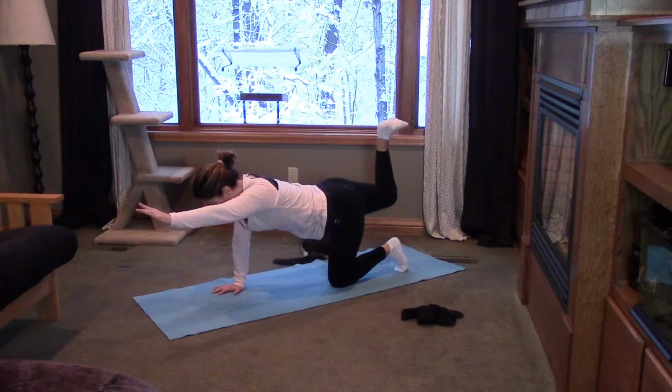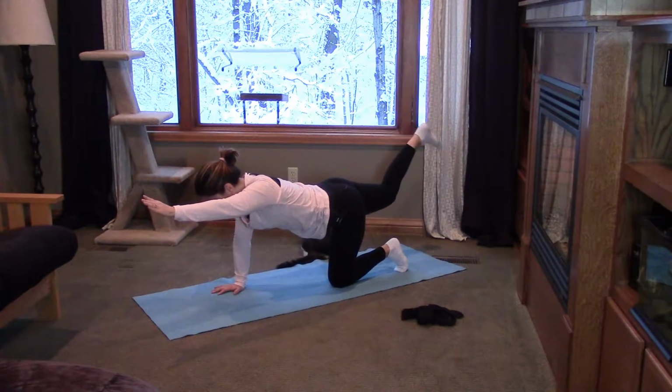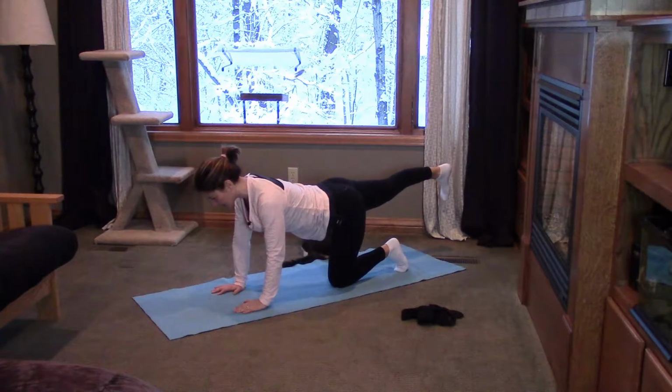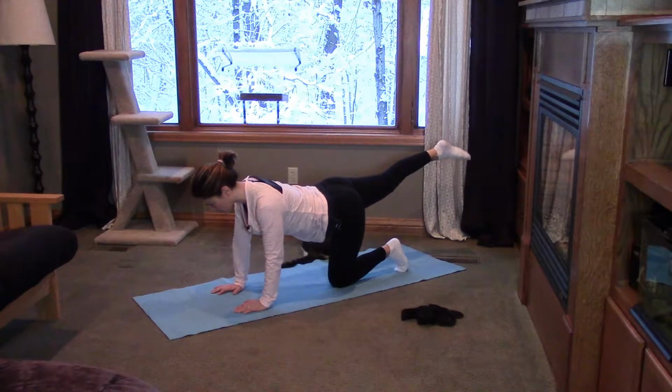Easy hamstring curl. And straighten, reaching those fingertips, bend. And then straighten, I think we did about 8 here, bend. And then straighten, hold it here, lower the hand, lift the leg up a little bit higher now, squeeze that glute, circle the ankle, circle 1, and 2, I'm going to count, and 3, and 4, change the direction, 1,